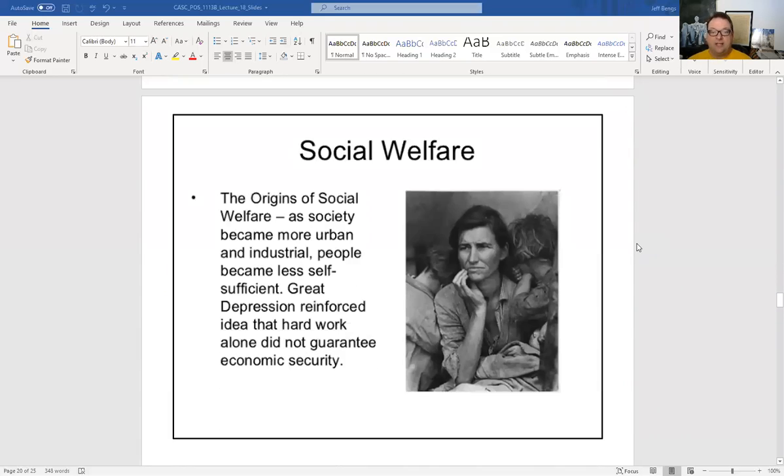So we're going to move to our second section in chapter 16. And this is about social welfare policy, welfare policies and politics. The three things that we're covering in chapter 16 are income politics, social politics, and education politics. And we'll get to education on Wednesday.